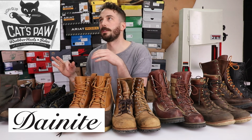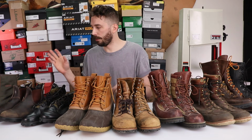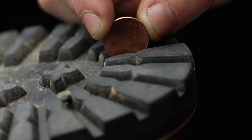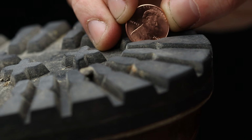And there's other outsole manufacturers that are just as good. You know, there's like Cat's Paws, Day Night, but you're gonna be surprised at how many Vibram outsoles are out there in the wild, and it's a good simple indicator of quality. And another thing you want to look for is tread depth, because you know this White's